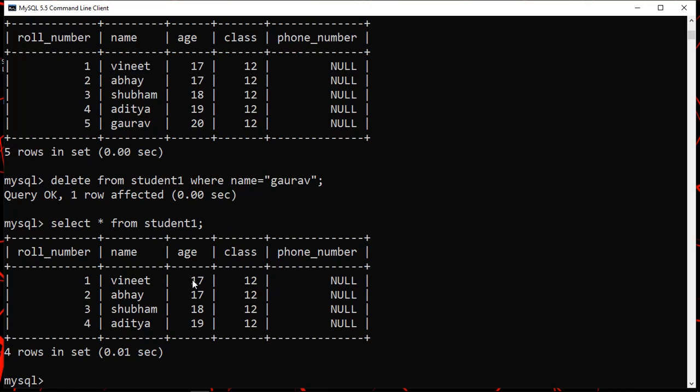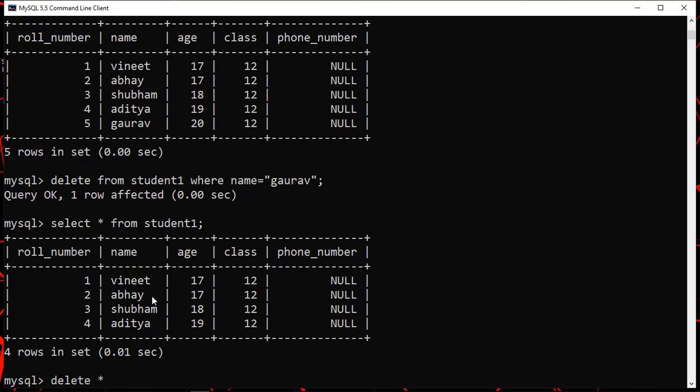Already I have told you how you can drop the entire table or the entire database, in the first video tutorial I guess. If you want to remove the whole table, you can do it in one go, and the existence of the table is gone. So you have to be very careful between the drop statement and the delete command, because the drop command is used for removing the existence of that particular thing. But if you use delete, it will keep the structure of the table, and only delete the values.